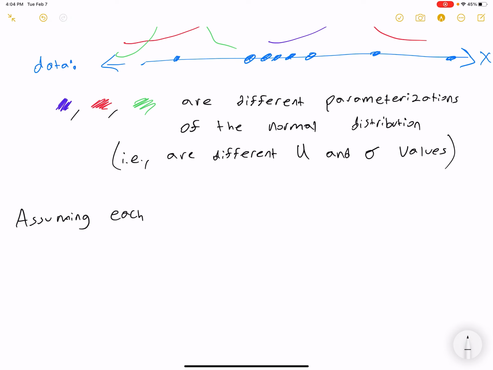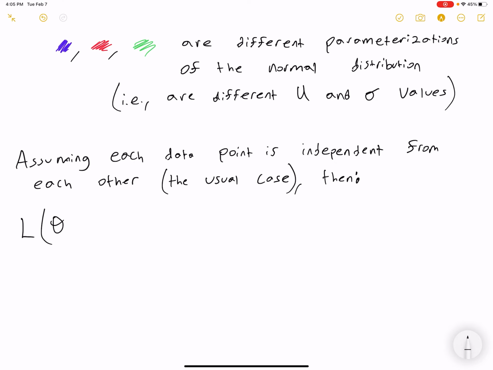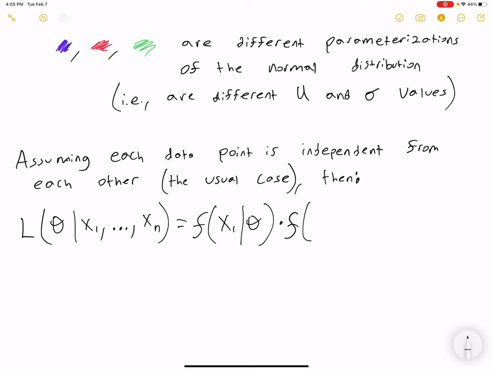So assuming each data point is independent from each other, which is the usual case, then the likelihood of our model parameters given a bunch of data points, x1 through xn, is going to be the value of the PDF or PMF, depending on if it's a discrete or continuous distribution,